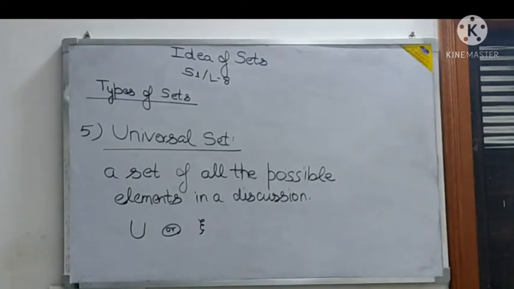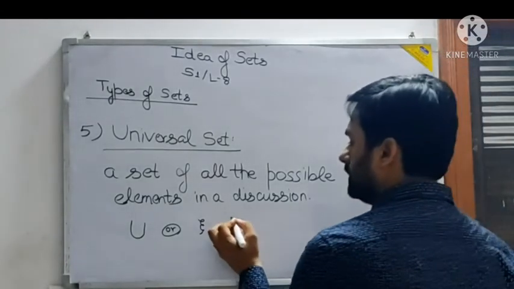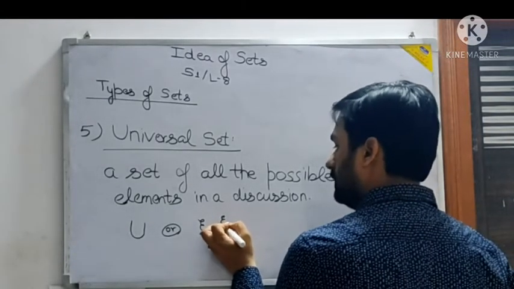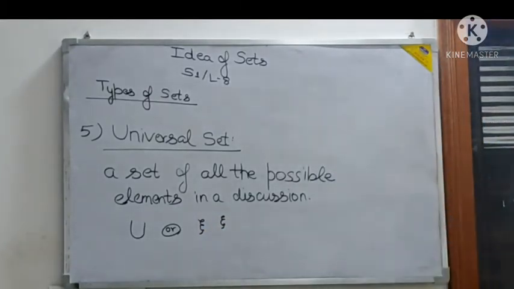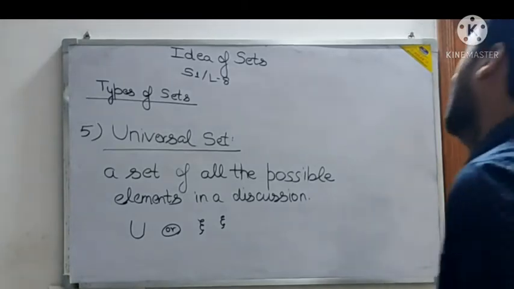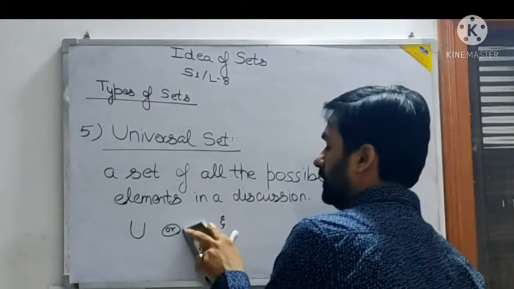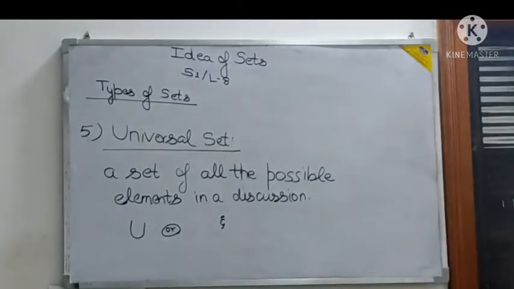You can have a look at the book also, you'll make it better. The first one is smaller and the other one is bigger. Okay, the better one is that one. That is the representation of the universal set. If there is difficulty in making it, then use U only.